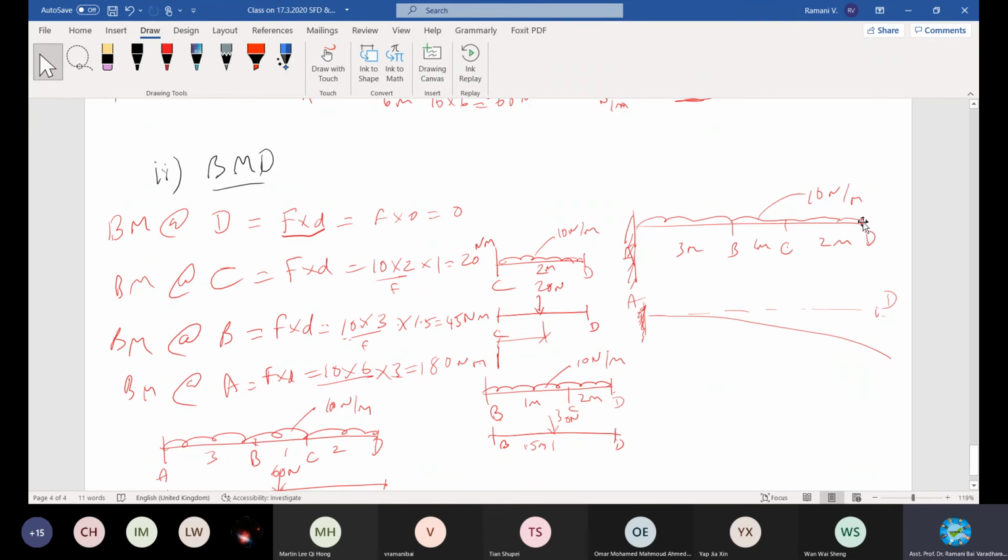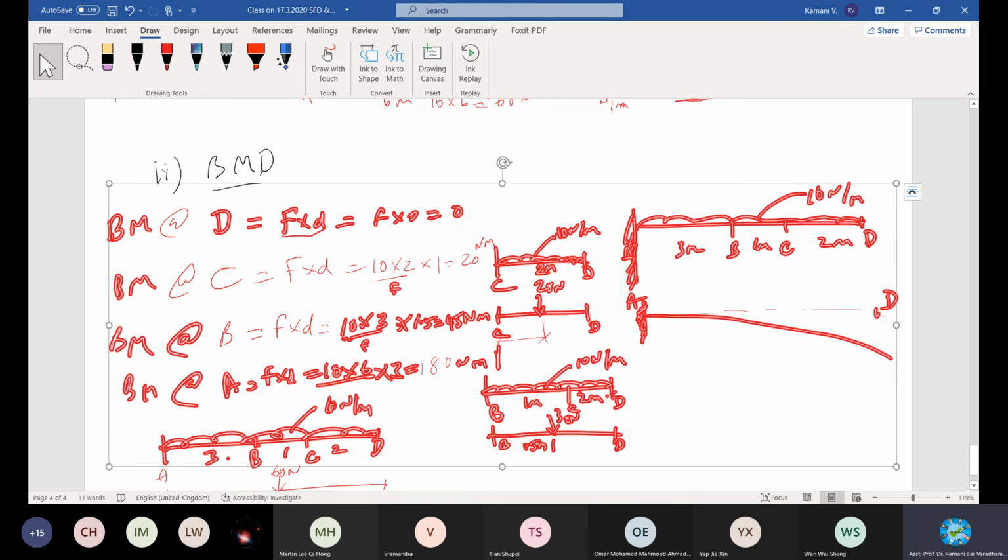Start from here, no distance. At this point, no distance, only the load just started. After D, in the section after D, the value will start growing. How much is it? But at D it is 0, right? Next moving to C, it will be gradually increasing, but at C if you want, it is force into distance. Calculate the force into distance.